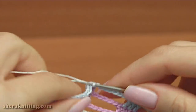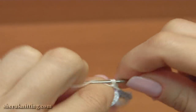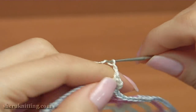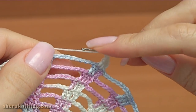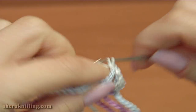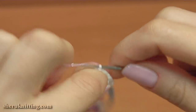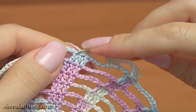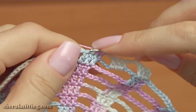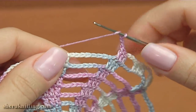Chain 3 to bring up the yarn, 2 double crochet in a row, chain of 3, make 3 double crochet into the chain space, 1, 2, 3. Continue chain of 3 for the chain space and 3 double crochet in a row. And repeat again, chain of 3, 3 double crochet into the 8 chain space,